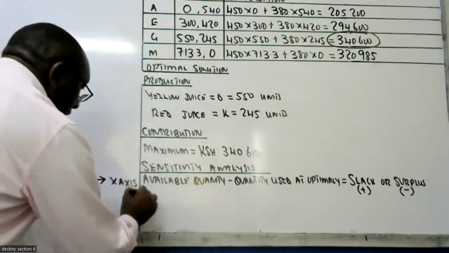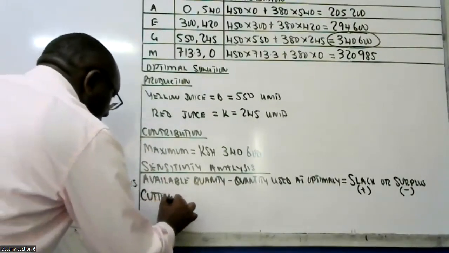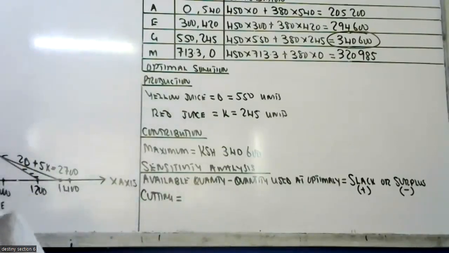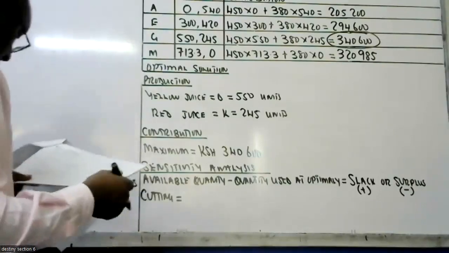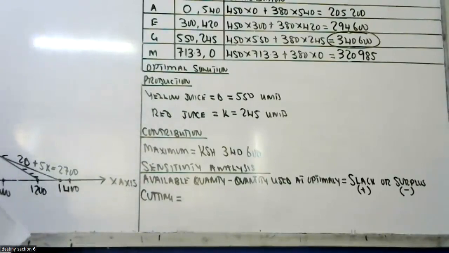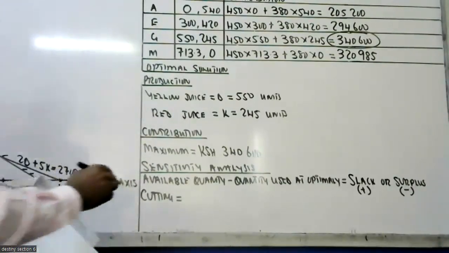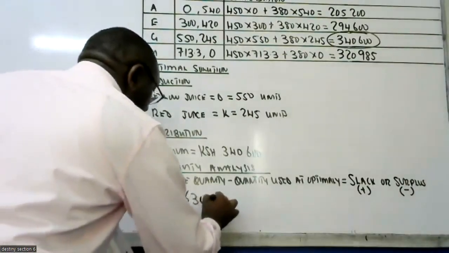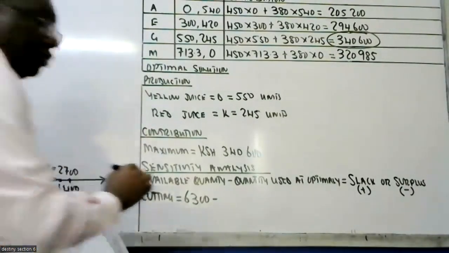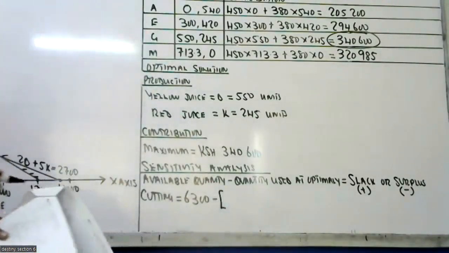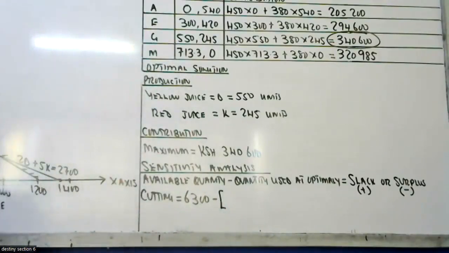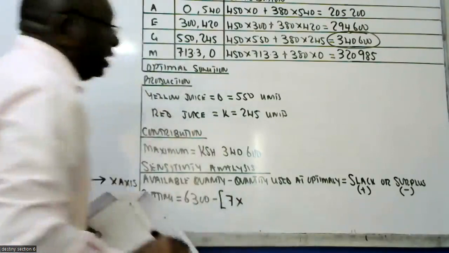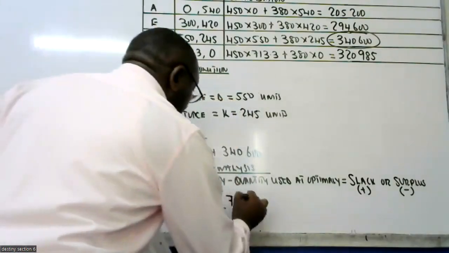So for cutting, you look at cutting. Cutting ndio ilikuwa na 3,600. Not 3,000, it's 6,300. That is the available quantity. You minus the quantity used at optimality. The quantity used at optimality, you take this equation 7D, so it is 7, and D tumesema we are producing 550, so you multiply by 550